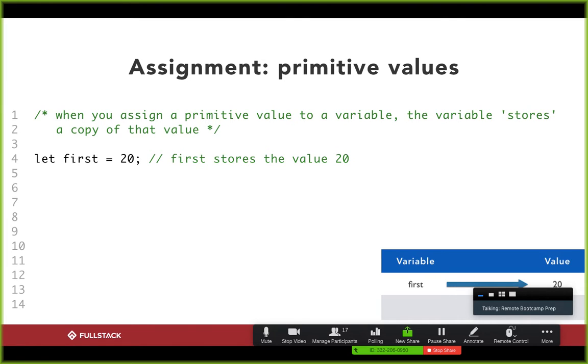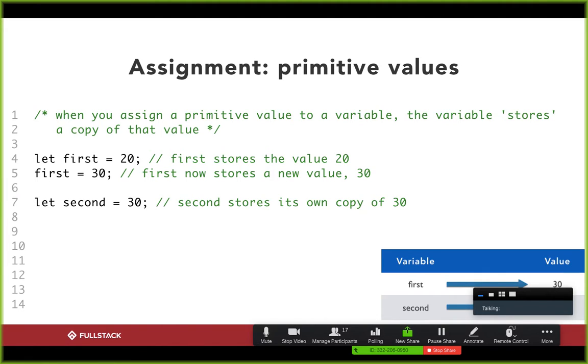And so on the left hand side, in the box in the bottom right hand corner of your screen, the variable is first and it points to a value called 20. Now on line 5, when we reassign the variable first to the value 30, we basically take that arrow from first and we point it to a new value called 30. If on the other hand I actually have another value called second,